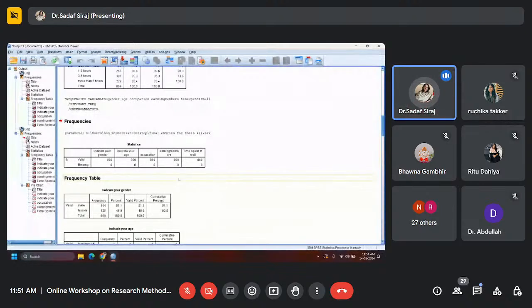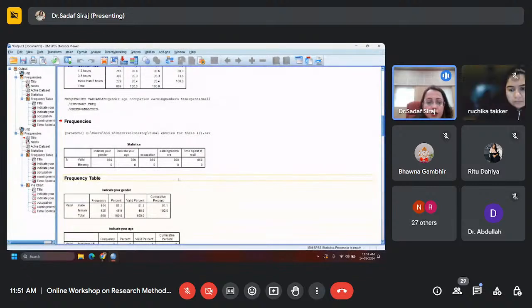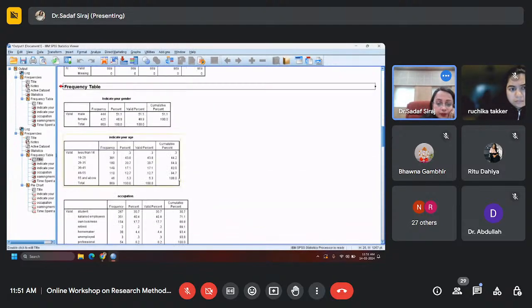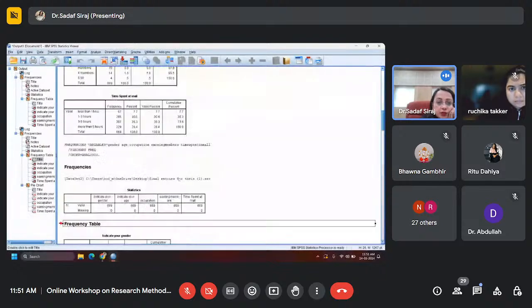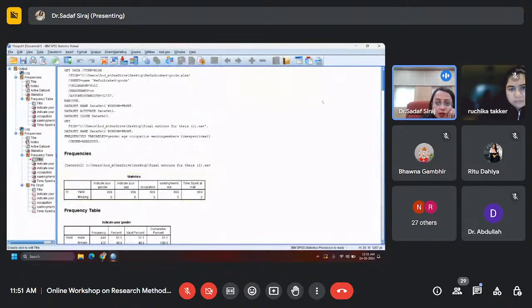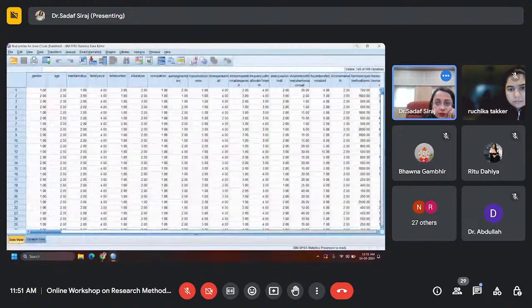So this is what I'm doing. I'm just trying to understand how the responses were falling under different categories. What was the percentage of responses? What was the frequency count? And how did it reflect in the graphical representation? Right? This is simple descriptive frequency, percentage, and graphical representation. This was your database, right?